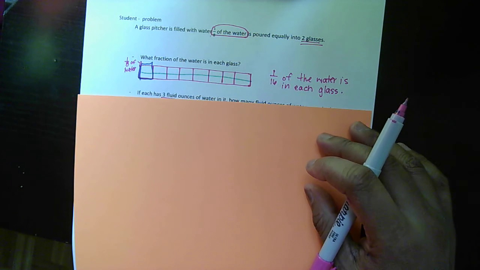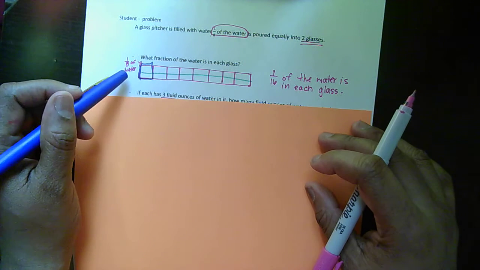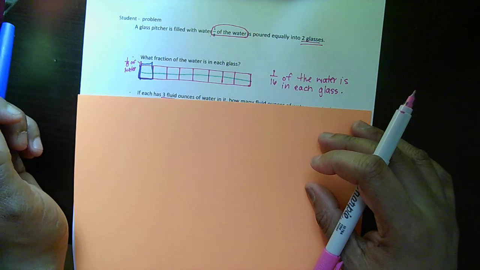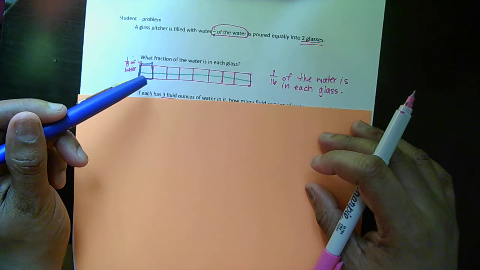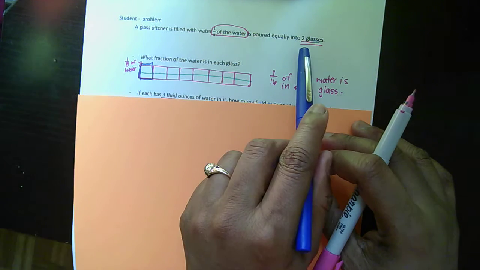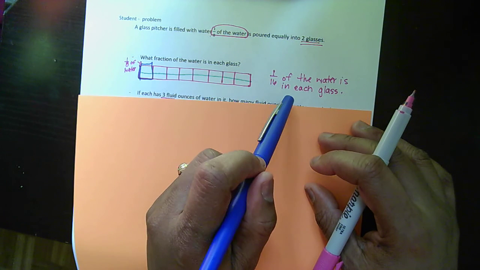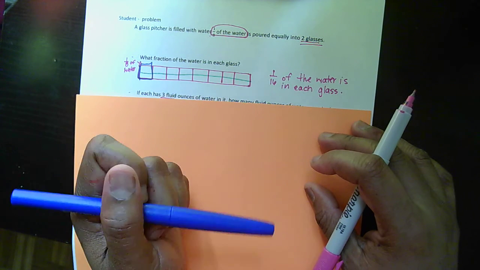This problem is about having a glass pitcher and it's filled with water. 1/8 of the water is poured equally into two glasses. So here's my model to just show my thinking. I drew a tape diagram to show the eighths, and then I divided that into two to represent the two glasses, and my answer was 1/16 of the water. 1/16 of the water is in each glass. Okay,